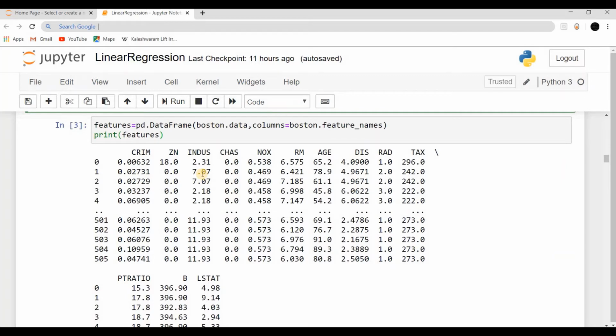In order to process the data, we need to access the particular cell value. So the Pandas module provides a beautiful object, that is data frame, which allows us to access a particular value at any cell. So we are loading all the features into the data frame by using this instruction. By using the print function, let us observe those features.